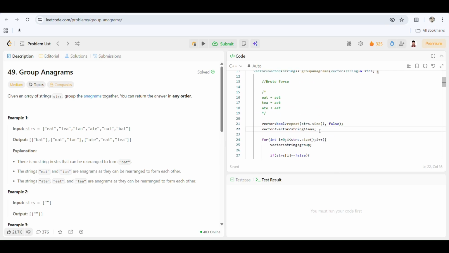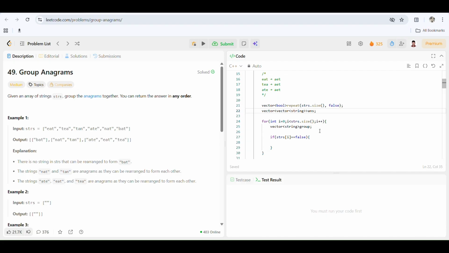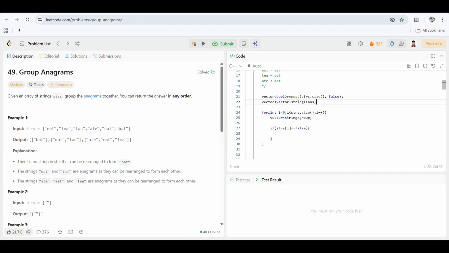So I just initialized the answer, and also in the for loop we will group strings together, right? So we'll need a vector of string, I just gave it the name group. All right. So if the string is not included in the answer, then what do we do? group dot push_back strs of i and then